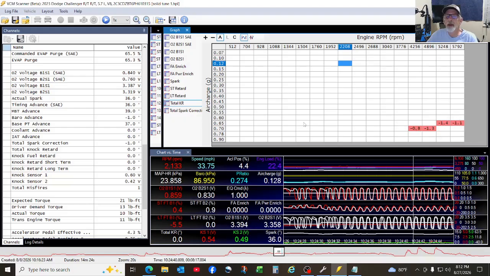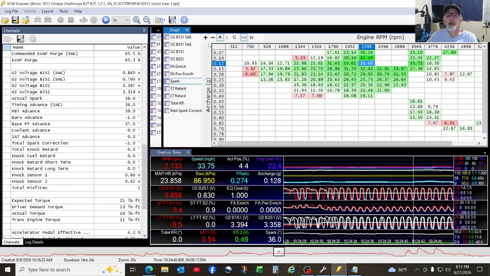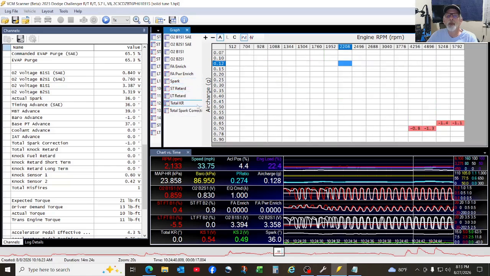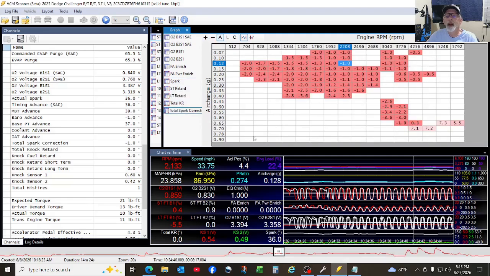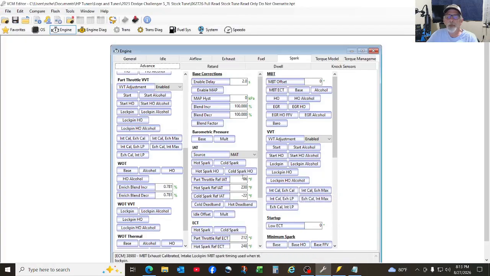It is taken care of at this point, so other than knowing it's there, we may correct for it, and we may do something else that'll correct for it. And I'll show you what that is. So let's just say this is a good place to look at things, but as far as it being a good place to reference stuff, I'm going to say no. Just gives you an idea of where your spark is. So let's jump over to our editor,